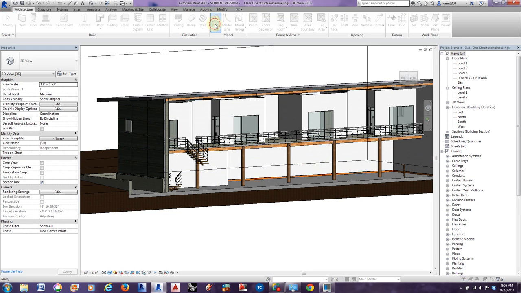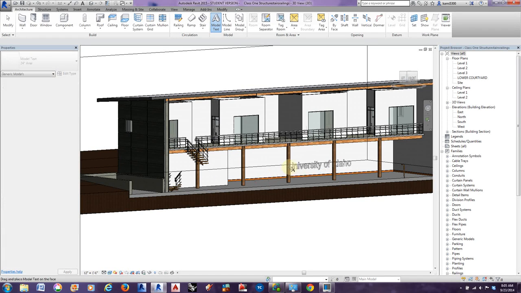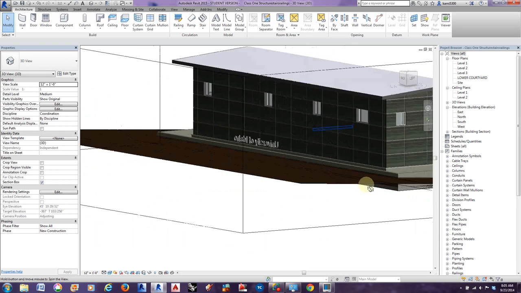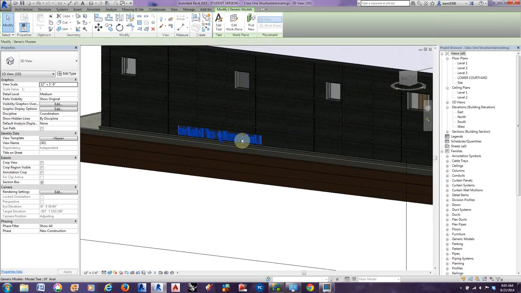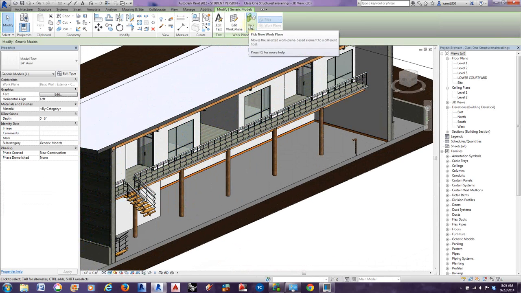But we're going to go ahead and click model text, and it immediately asks me to type some text in. And so I'm just going to type in University of Idaho. Hopefully I spelled that correctly. And you can see you can place this on the other side of the wall. Yeah, so we didn't quite get it on the side that we want. However, I can reselect it and go into the modified generic model and pick a new plane,